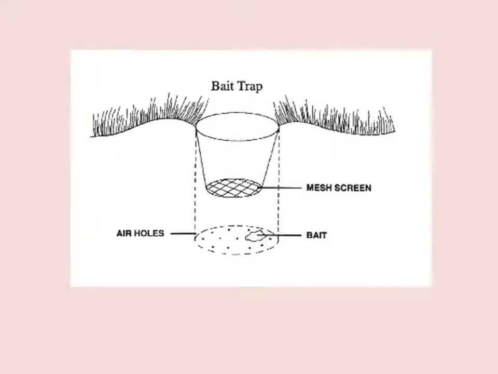Now, this is a bait trap. You can see the triangular structure, which is sloped or slippery, and there is some mesh screen there, so the insects which fall on it, then there is a lure underneath, and the insects fall into the trap because of the bait which attracts them towards it.